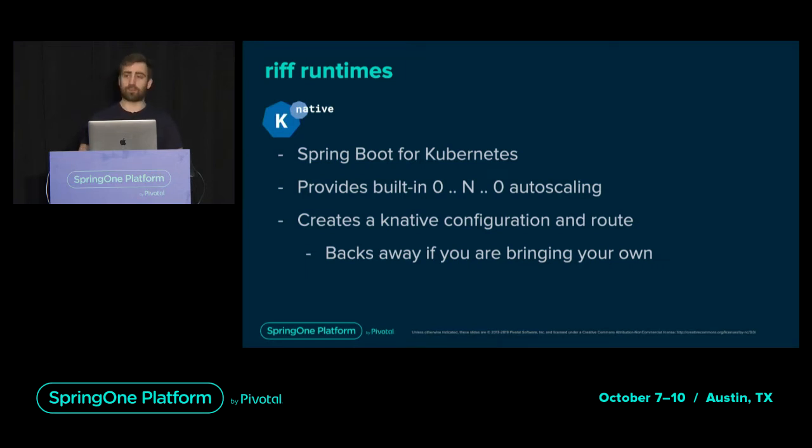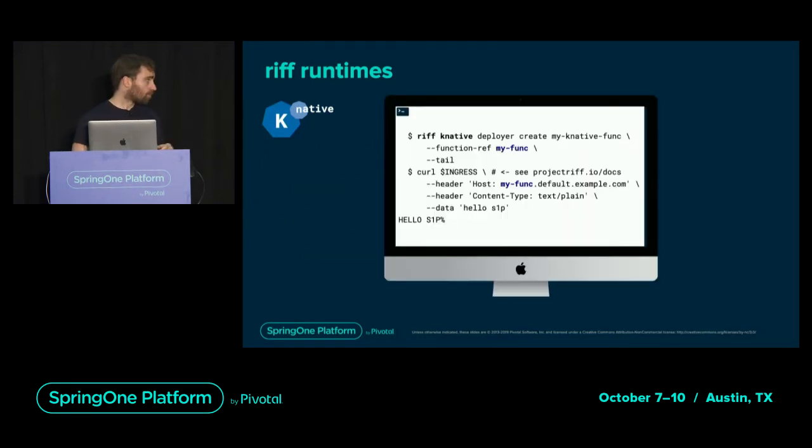I will not dive into the details of how Knative works, but it will create a configuration for you, and a route, so that you can interact with the workload you deployed. And it can also back away if you already configured things, because you have many configuration options, so we can't possibly interface all of them in the Riff CLI, that would be too much. So you can also configure the route and the configuration yourself as you wish, and then we have a tiny adaptation layer that you can use with the CLI. But here we just show the basic one, the deployer. There is also a Riff Knative adapter create in case you have already configured everything.